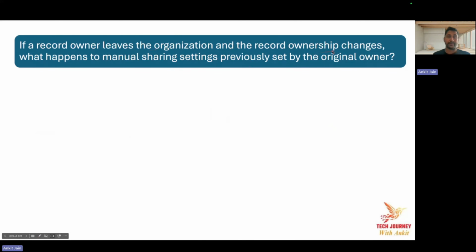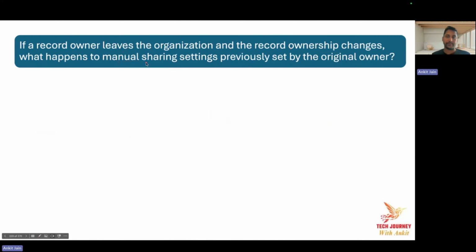Now the question is, what will happen to those records that have been manually shared previously by the original owner? For example, there is a set of records that has been manually shared with some other team members. Now the ownership of that record has been changed. What will happen to those original manual sharings that you have defined? Whether that will exist or get removed.